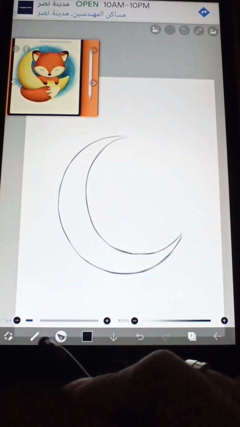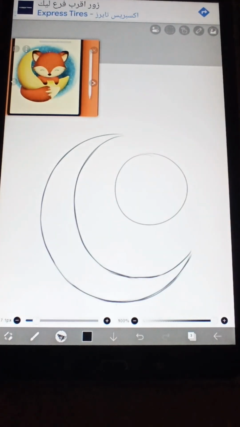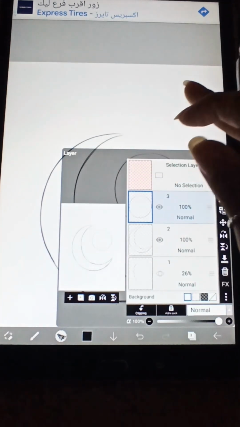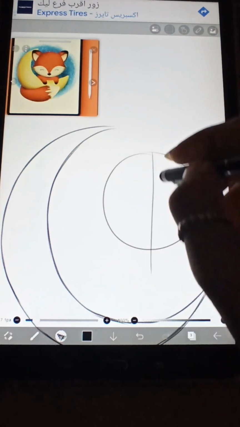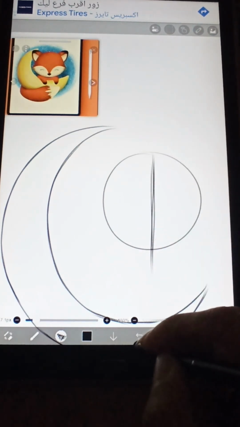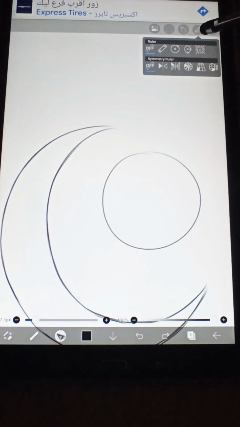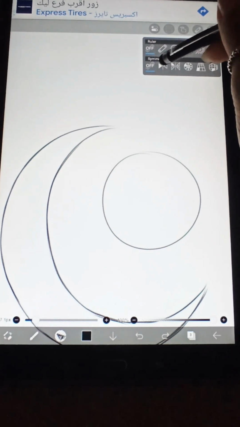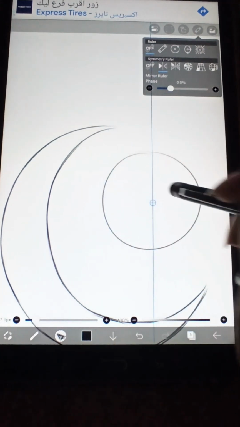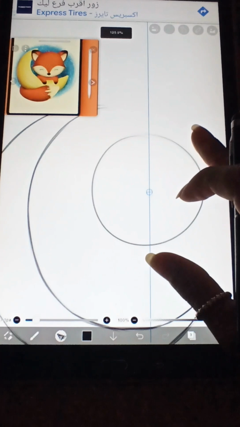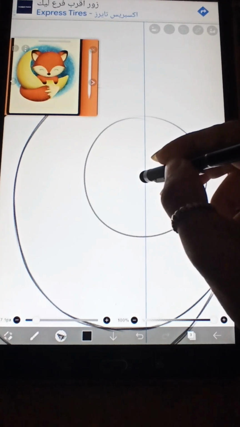So I'm going back to my brush. I have to check it's already in a new layer. I have a different way to draw. Bring a ruler, no, not a ruler, the symmetry ruler. It's over here. I'm going to bring it to the middle. Okay, when I'm going to draw anything here in the face,